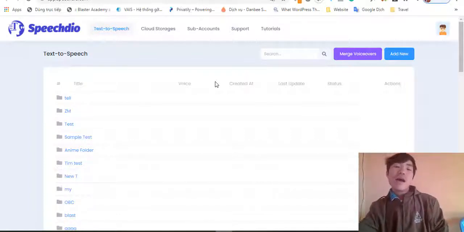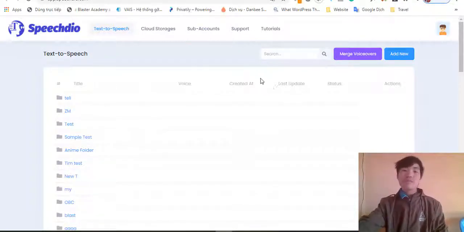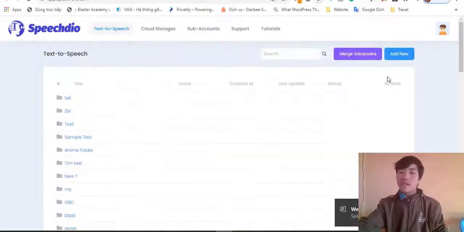As I mentioned earlier, Speechdio is an AI software that will help you translate any text to voice. The voice is 100% like a human sound. For example, this is the inside of Speechdio. You click add new, then you can generate a sound, or you click cloud store,